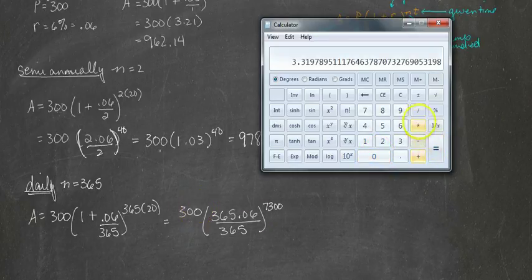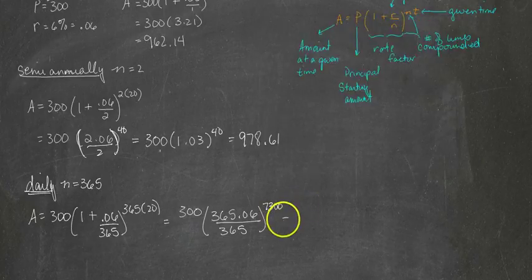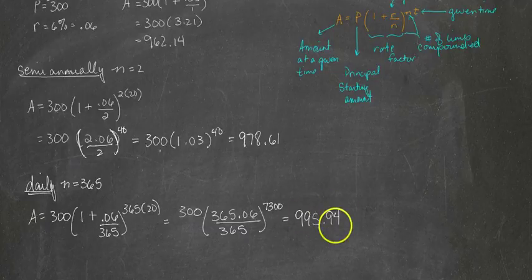Multiply that by 300. 995 and 94 cents. $995.94. All right, so that isn't actually a big difference, but still,